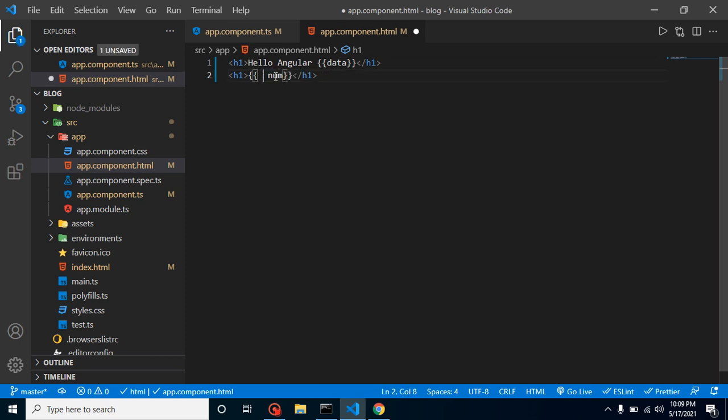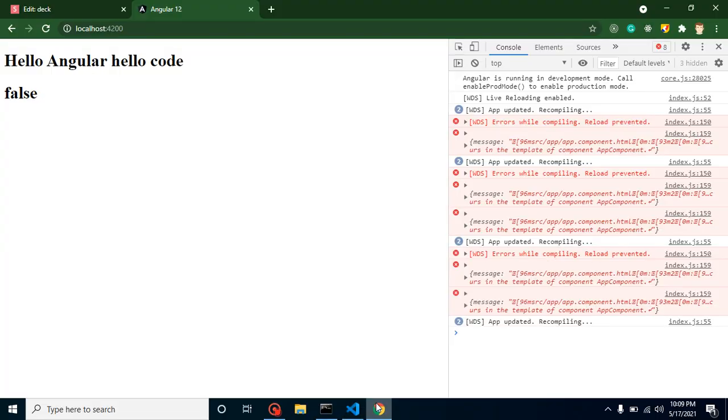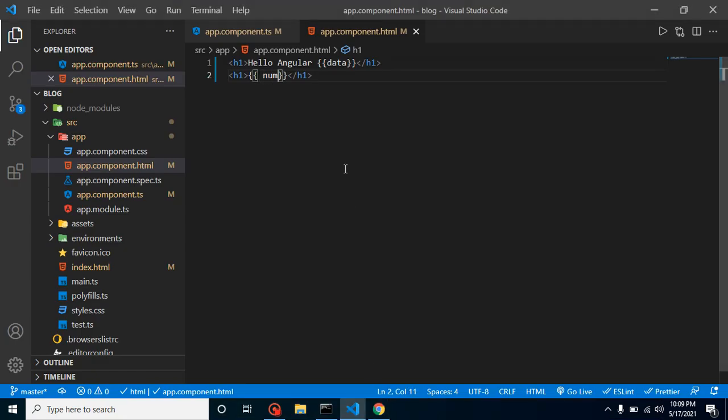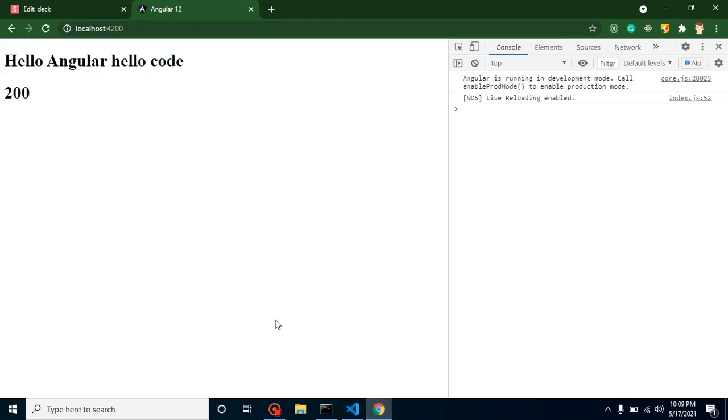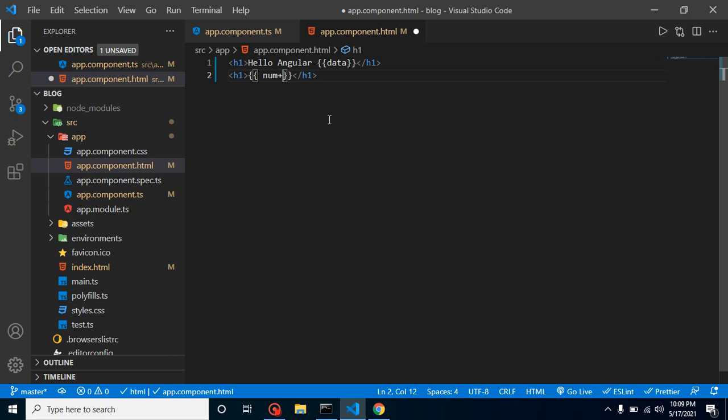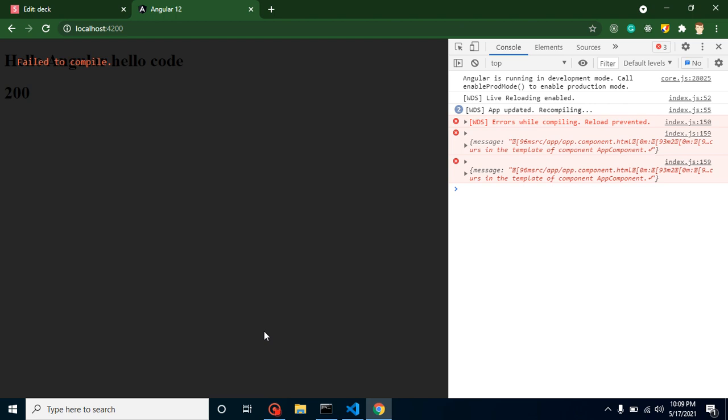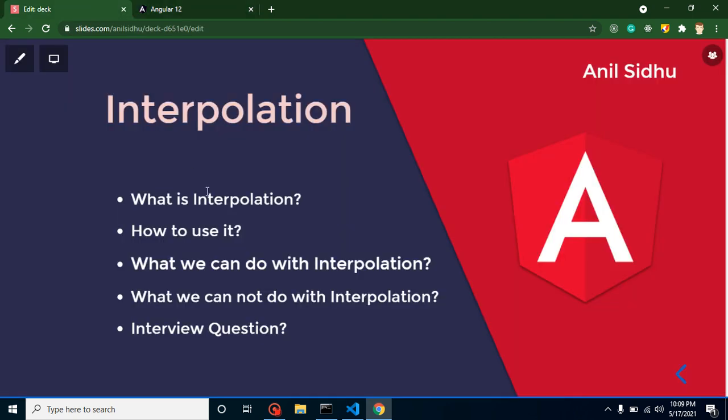And some more things. Here you can see that we are getting the 100 value, but if you just want to add some numbers, let's say 100, right? Then this is possible, but you cannot add incremental values. Let's say if you add double plus plus, then it will simply give the error. Same thing, it will give the error with the minus. So these kind of things basically cannot be achieved with the interpolation.